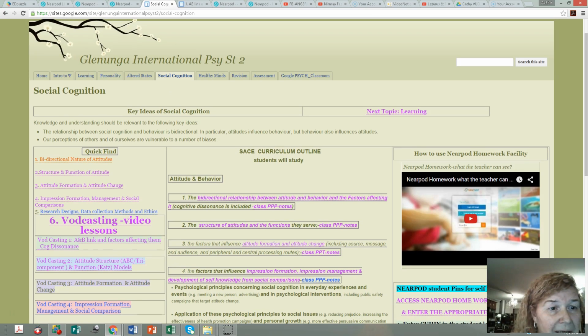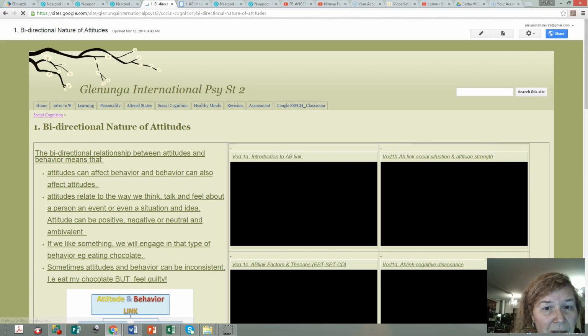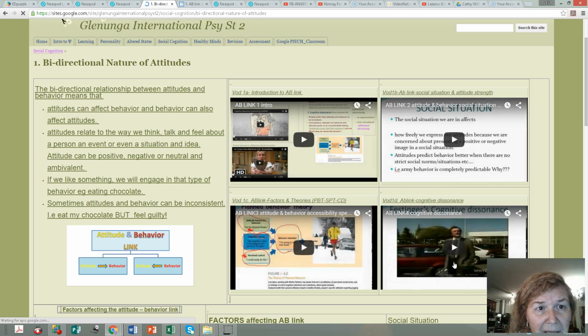So the students can visit these pages where they can find the content, and they can access, for example